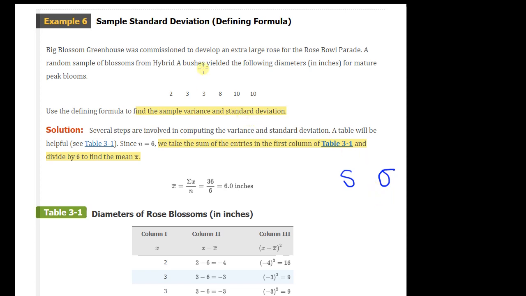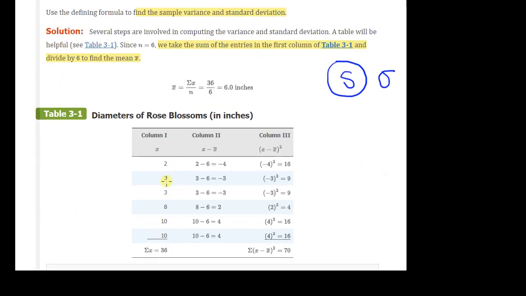Okay, so this first table is showing how to calculate sample standard deviation, S. And in this example, we have data. So we've actually measured the diameter of rose blossoms. Looks like we have 1, 2, 3, 4, 5, 6 of them. Okay, so we have these observations, and then from each observation, we find how different is that observation from the